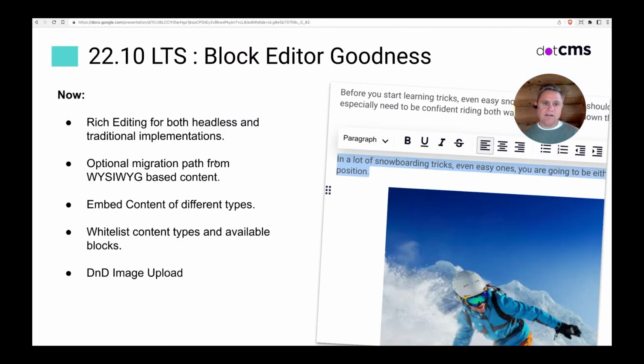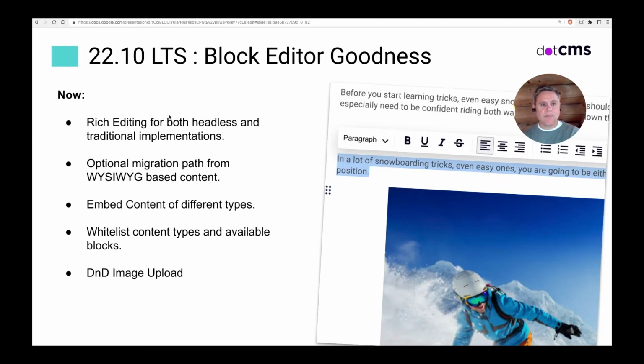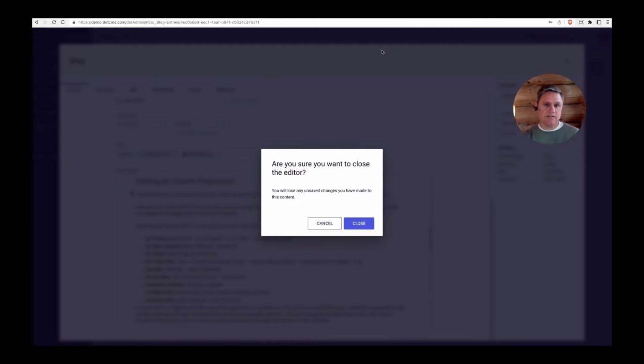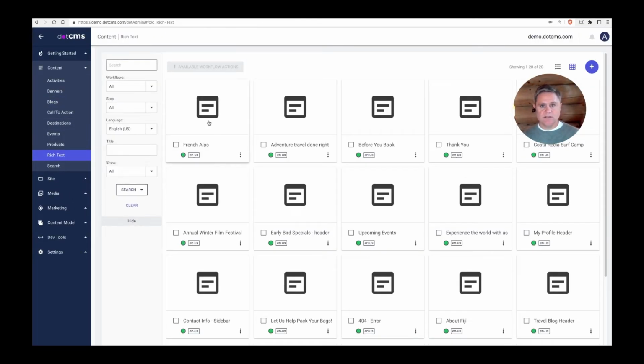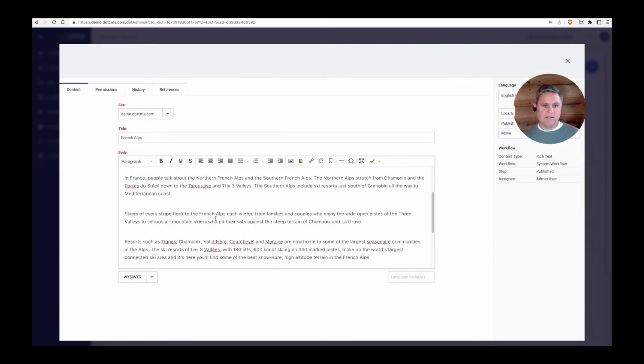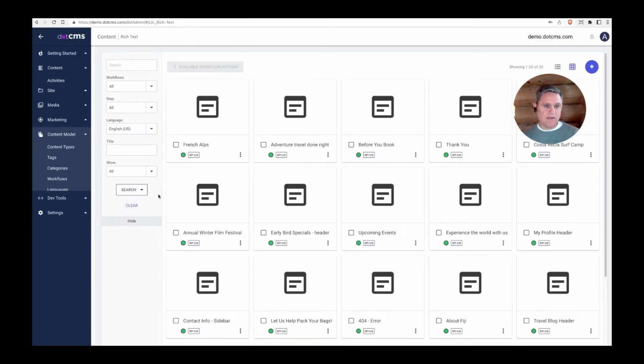So jumping back to what we've done with the block editor, another feature that we've added is the ability to convert WYSIWYG type content to use block editor. Okay, so now this is for traditional implementations. You can come to an existing, let's call it this rich text, and take a look at this rich text. This is the old school WYSIWYG, right? What I can do on the demo site is come to my content type